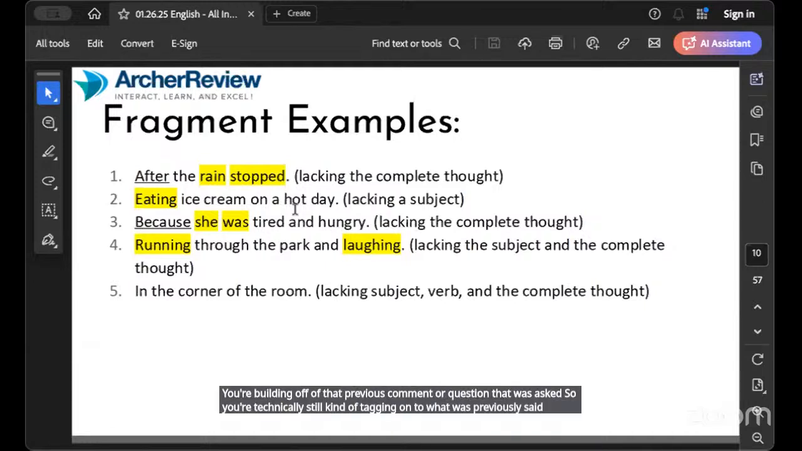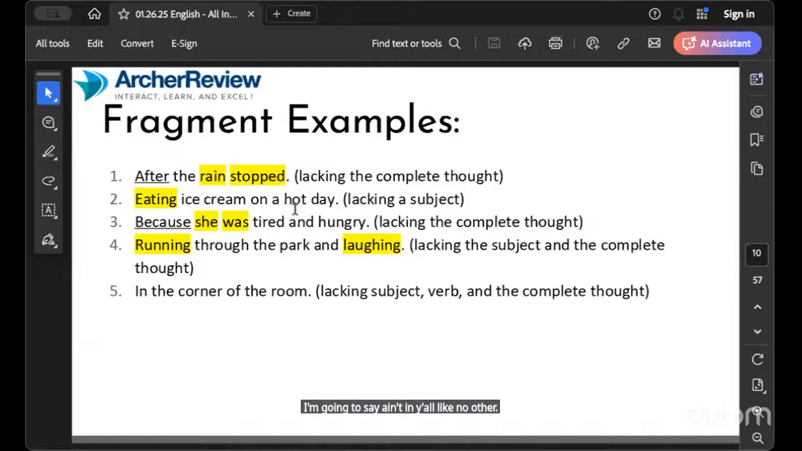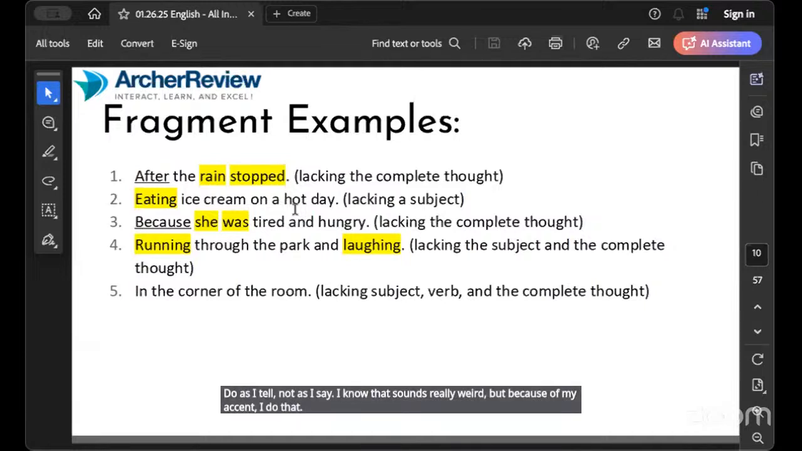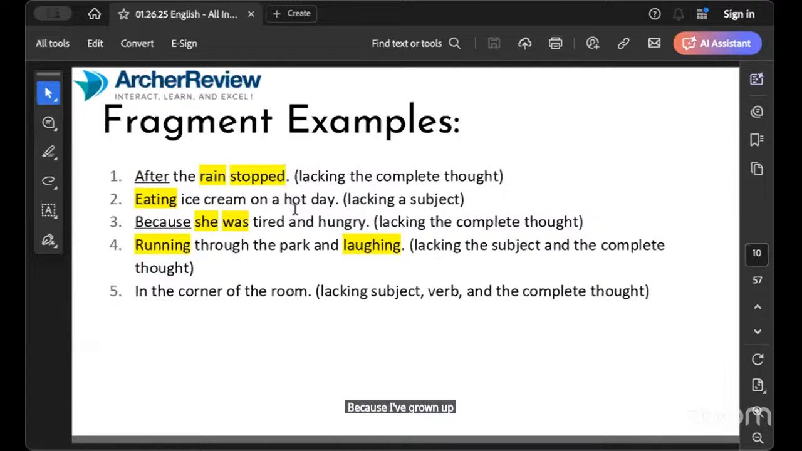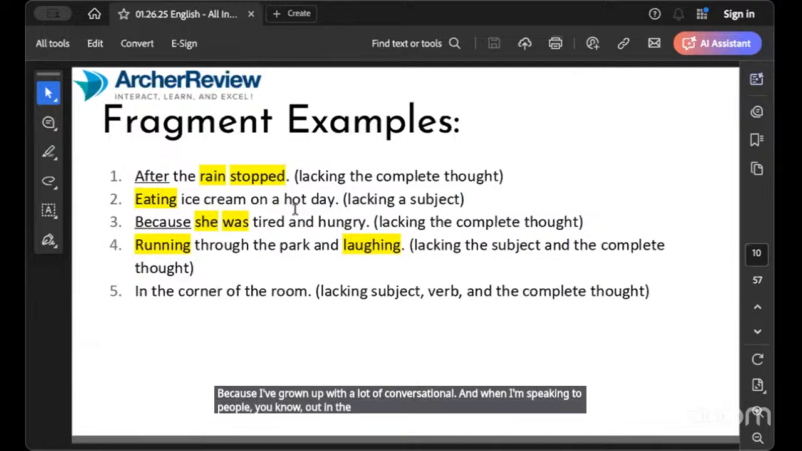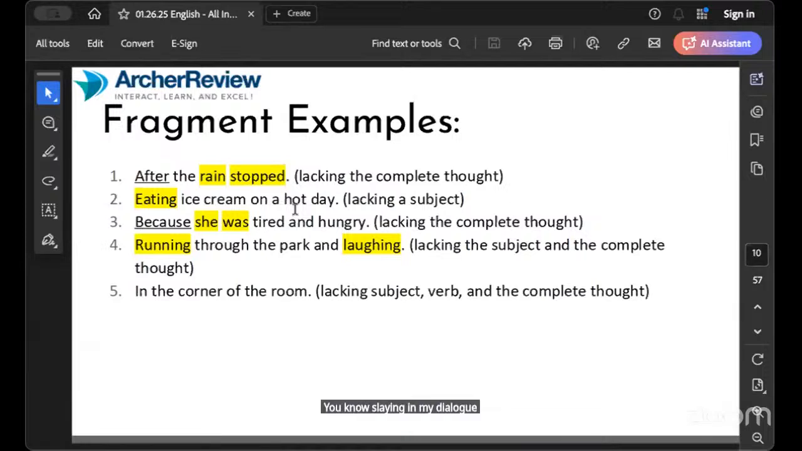So it's a continuation. So just be careful that in dialogue, it's like I tell my students, if you haven't already heard it, I've got a deep Southern accent. I'm going to say ain't and y'all like no other. But I tell my students, do as I tell, not as I say. I know that sounds really weird, but because of my accent, I do that. Because I've grown up with a lot of conversational. And when I'm speaking to people out in the world, I'm not going to sit there and sweat the small stuff. I know this sounds really weird for an English instructor to say this, but I don't really sweat the small stuff. I've grown up with such slang in my dialogue that I'll still do it from time to time